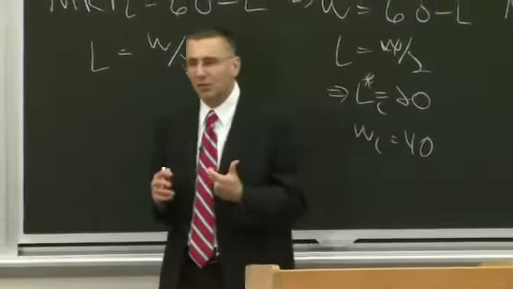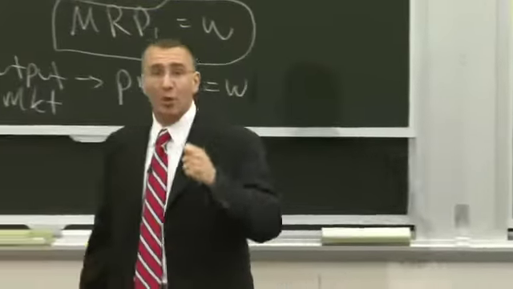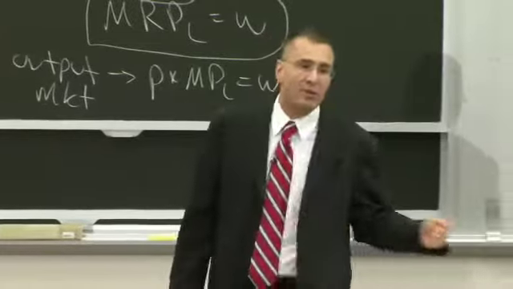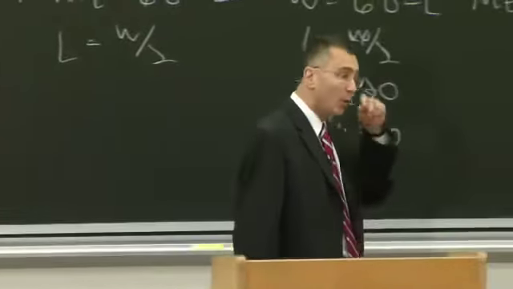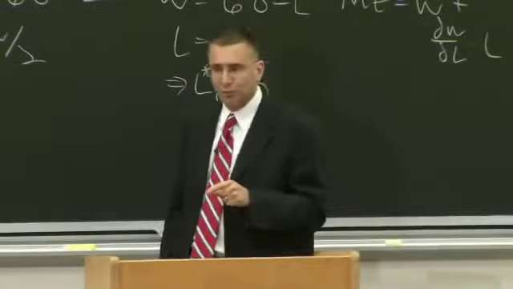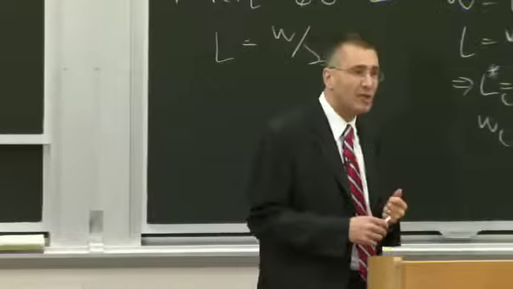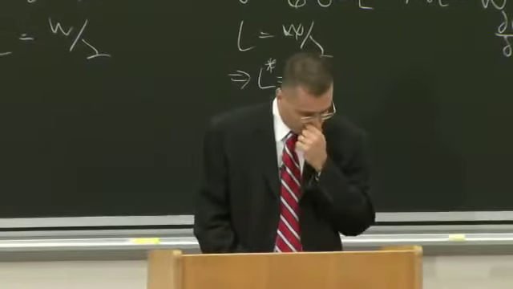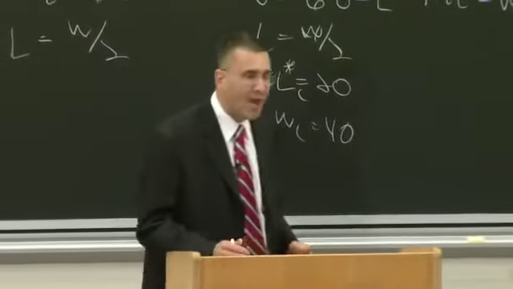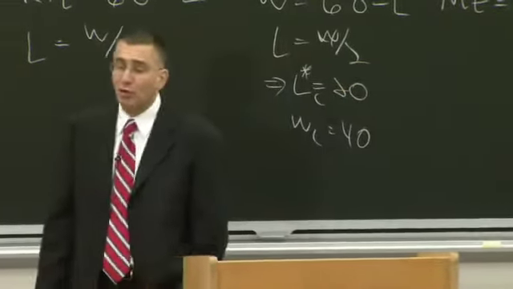monopolists. With monopolists, the poisoning effect was if I want to sell one more unit, I'm going to have to undercut my price on all previous units. For a monopsonist, if I want to hire one more worker, I have to pay all my previous workers more. And that's going to mean that there's sort of a poisoning effect in reverse. That's going to mean it's going to cost me a lot of money to hire that extra worker. Okay? So we can actually derive now a marginal expenditure curve just as we derived a marginal revenue curve for